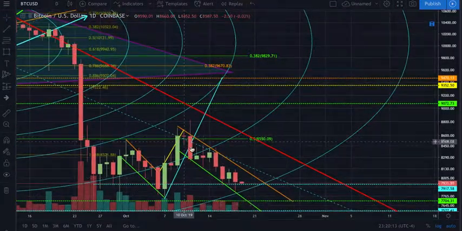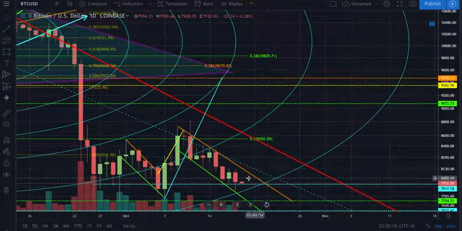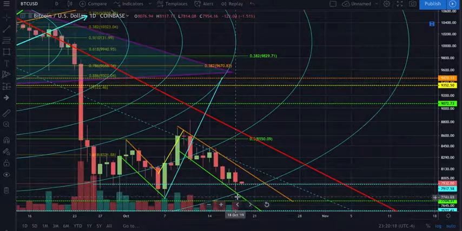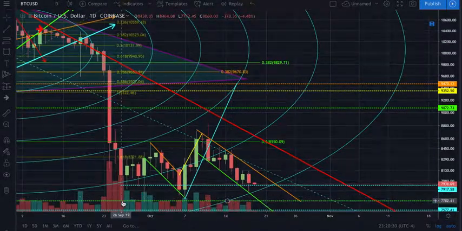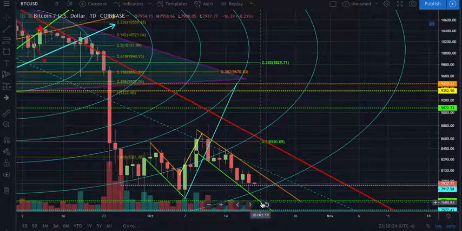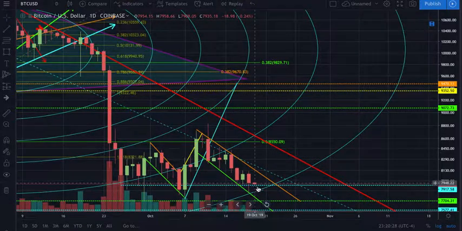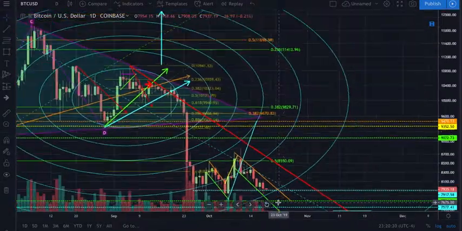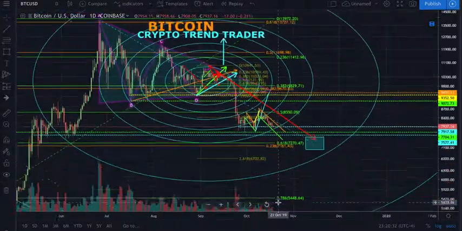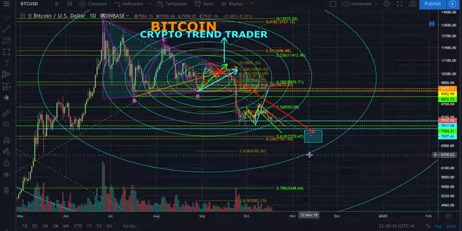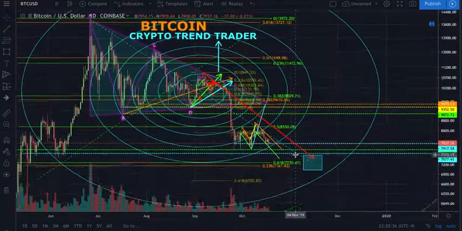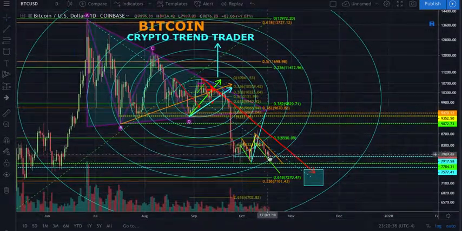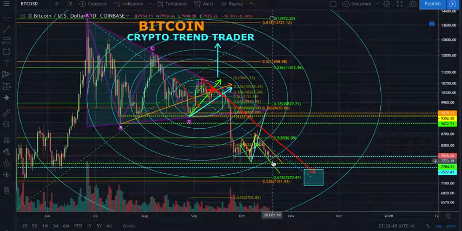So now the reversal is inside this smaller channel, and what we're doing is coming back down, and it looks like we had the 1, 2, 3, and we're coming down right now for that 4th test at that 7,700 range to test that same support line again. At this point in time, you've got to just assume that it's going to hold until it doesn't. So what could happen is we could get that bounce right here again. We test down here, get a little bounce off the bottom,